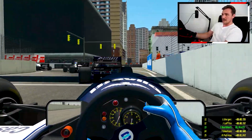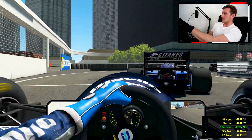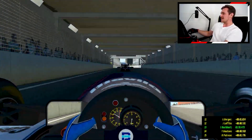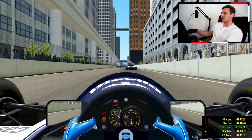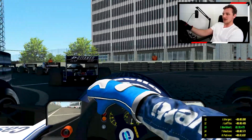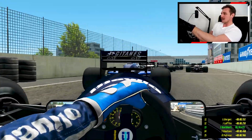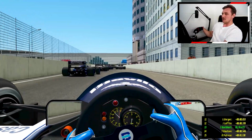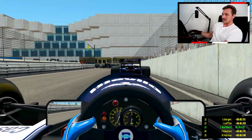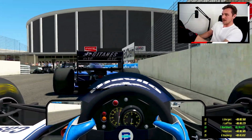He personally said that these cars were probably the most difficult cars that any Formula 1 driver has ever had to drive. And I tend to believe him. It's definitely not as physical to drive it in a sim, of course, but even then I'm having to keep a lot of my concentration going on just driving these cars, and I'm going at quite a slow pace. I do realize that, but even then it takes all of my concentration just to keep this car going forward. Essentially these cars, they feel like you're being stabbed anytime you press the accelerator just a little bit too much,